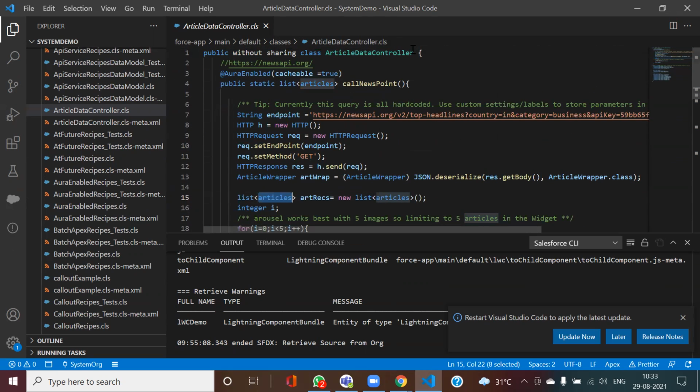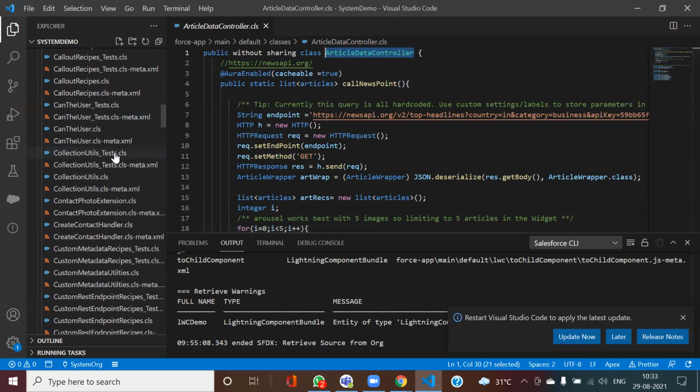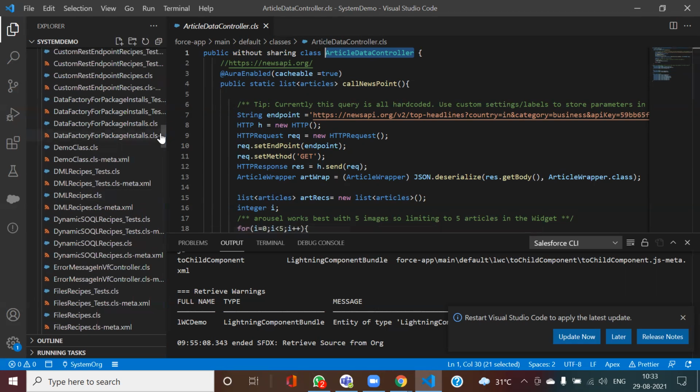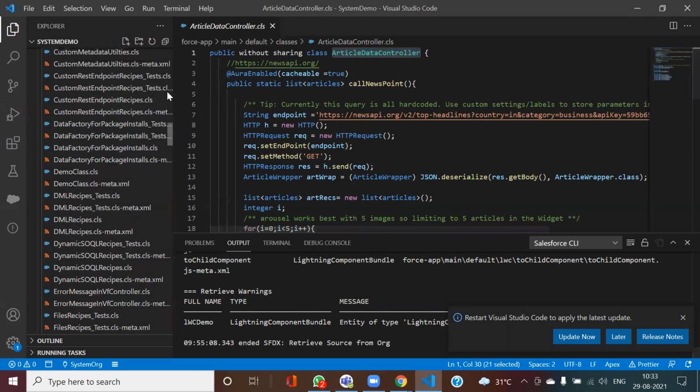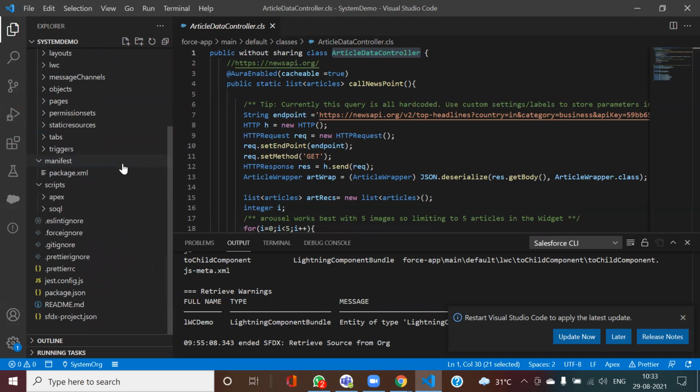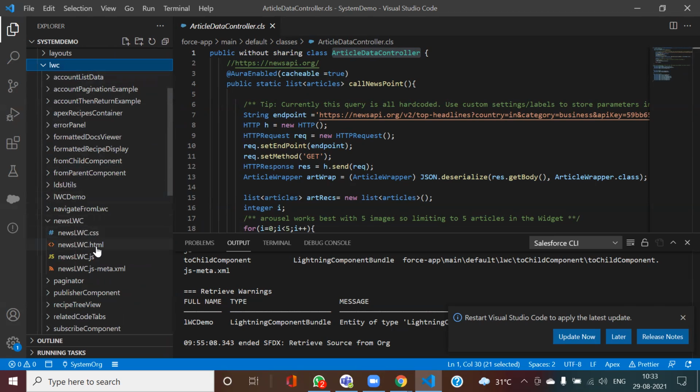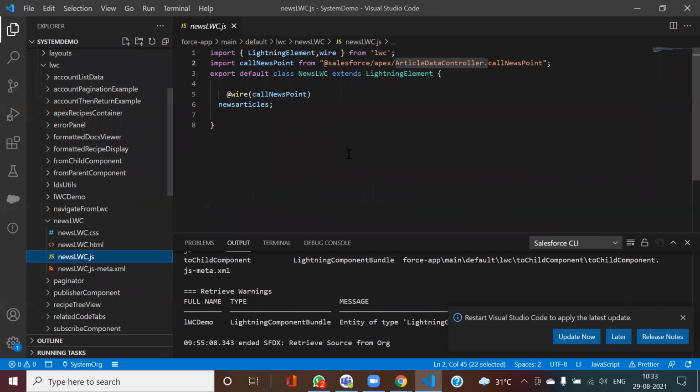Now, in order to call from my controller, from my LWC, if you see, I'm calling this method which was there. Since I needed this during my load only, the wire method has been used.